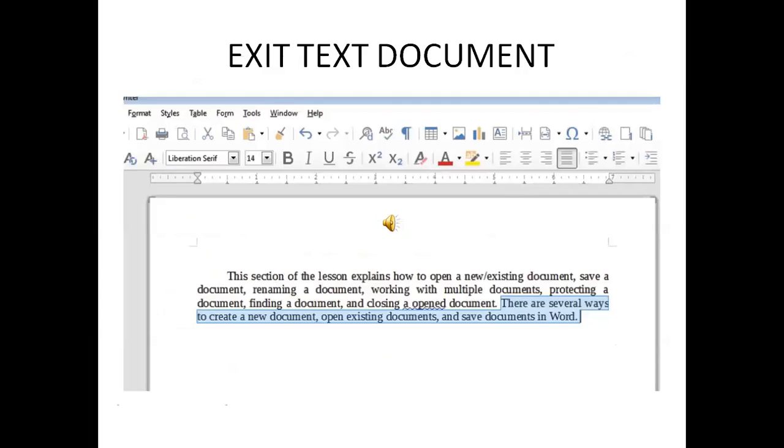Next, exit the text document. When finished, you can close all the files and quit the Word program by selecting the Exit command on the File menu.